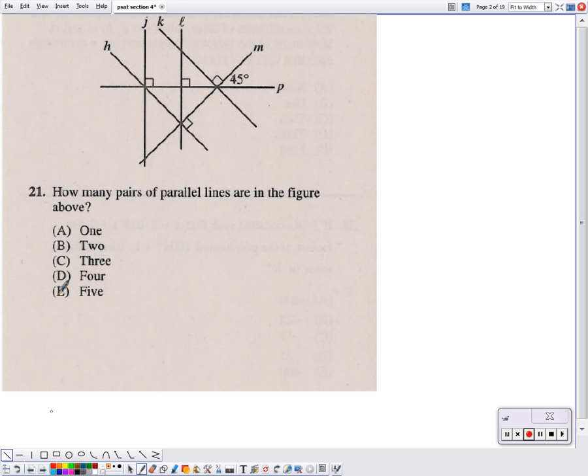Well, when we look at this, the first thing I want to do is mark the 90-degree angles. I can mark one here, and I can mark one here. The reason I have that is because of vertical angles here. And what that tells me is that H and K are parallel because the